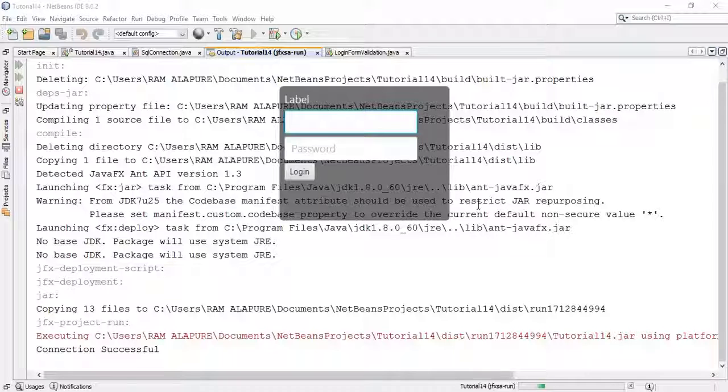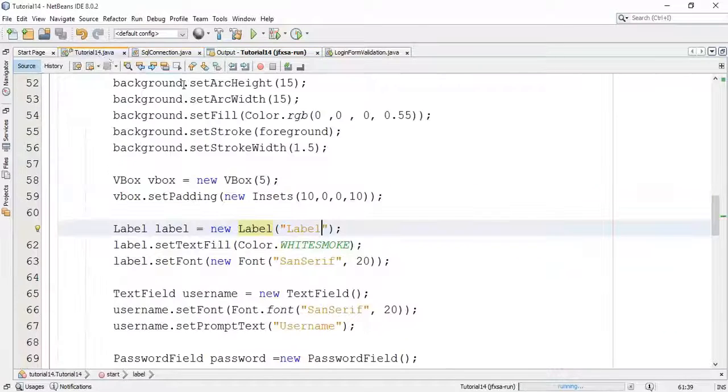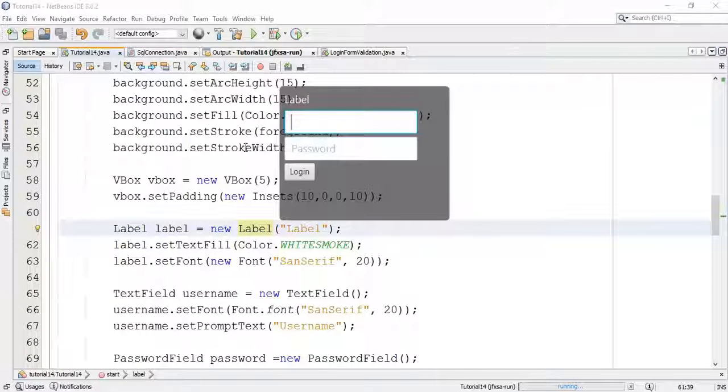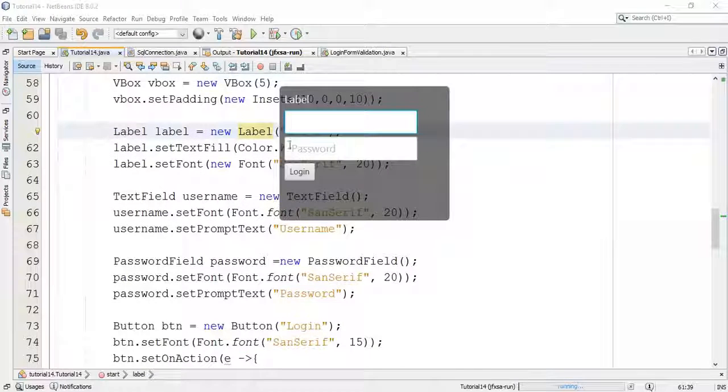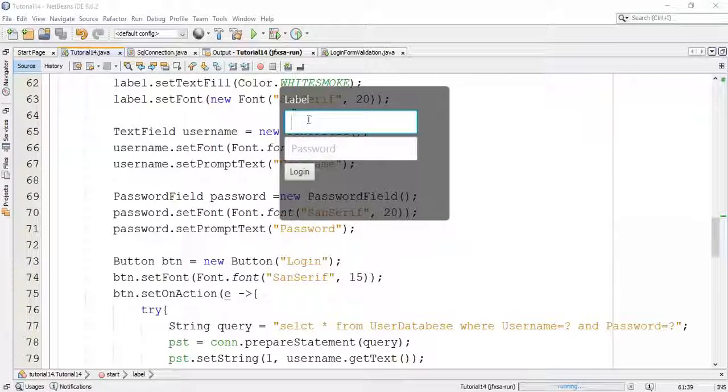So this is our login form from SQL database application. This is the label field, then next text field, then password field and a login button. So I'm going to check whether it is working or not by giving a wrong username and password.